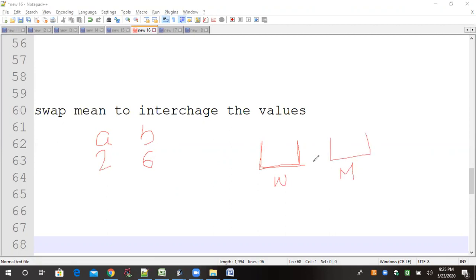By mistake, this is container A and this is container B. Actually, in this container there is water and in this container there is milk. This happened by mistake. We want milk in this container and water in this container. What will we do? Can you please tell? The third container.